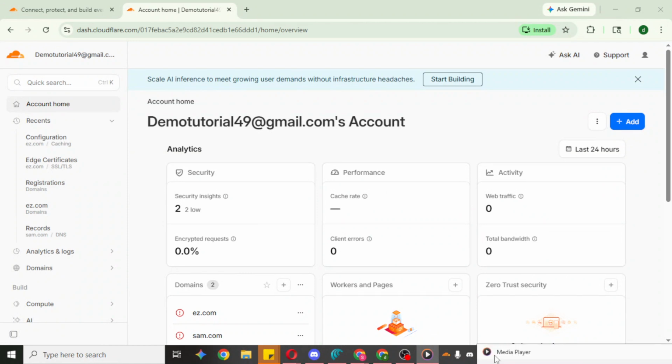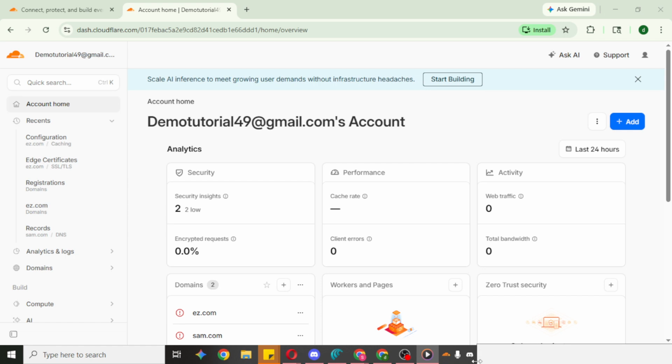Disabling or pausing Cloudflare stops Cloudflare from proxying and accelerating your traffic, which means visitors will connect directly to your origin server. This is useful for troubleshooting or when you need to see your site exactly as it behaves without Cloudflare's caching, security, or performance features. Just remember that while Cloudflare is paused, your site may load more slowly and won't have Cloudflare's protection.